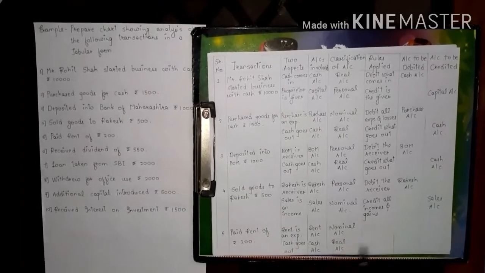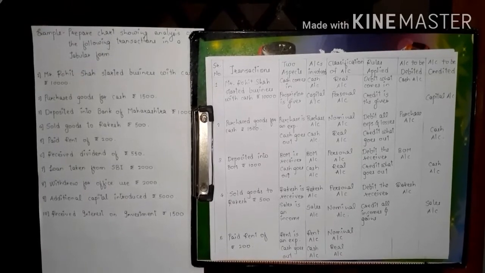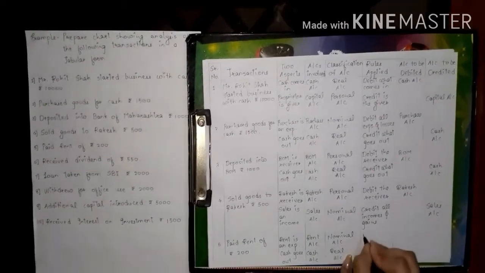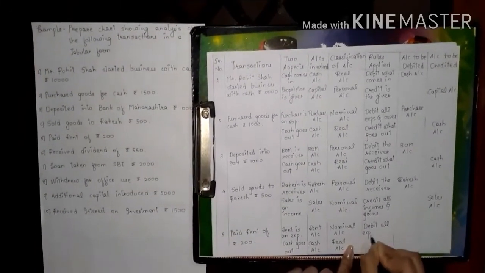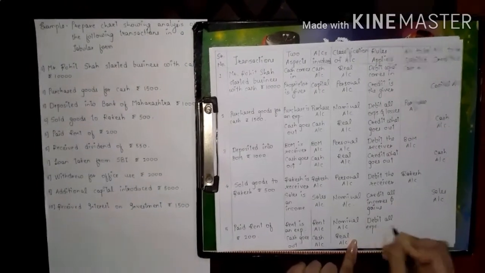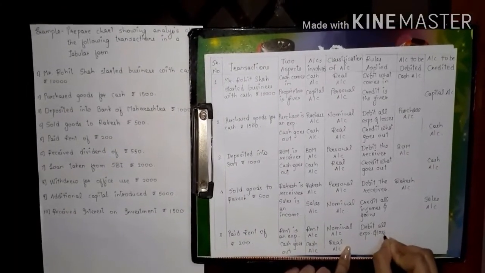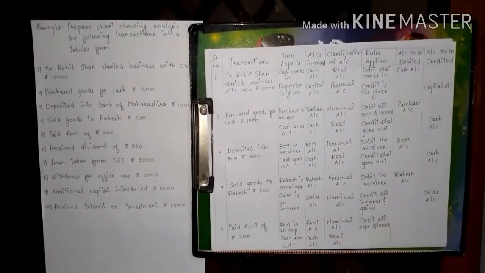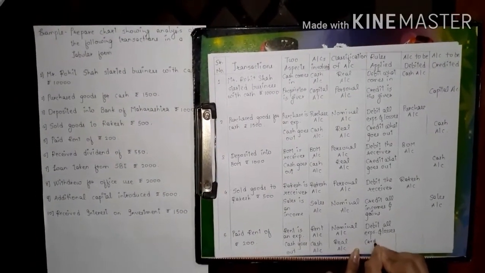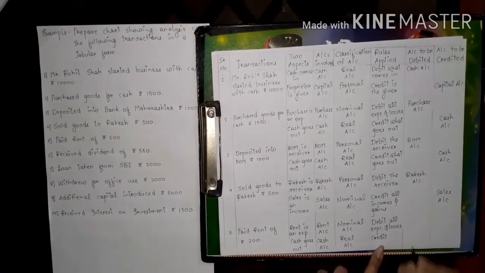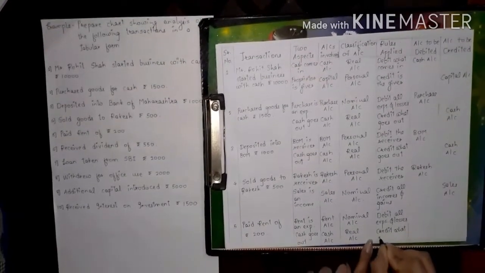Now rules applied. Here rent is an expense, nominal account. Now the rule says debit all expenses and losses. So we will write here debit all expenses and losses. We cannot apply the credit rule over here because this is not our income, this is our expense. So I am writing debit all expenses and losses. Real account, what has gone out? Cash. So real account says credit what goes out. We haven't received money, vice versa, it has gone out. Credit what goes out.